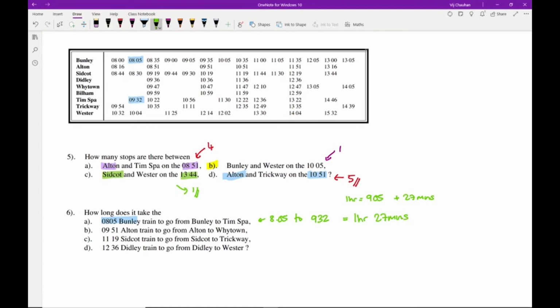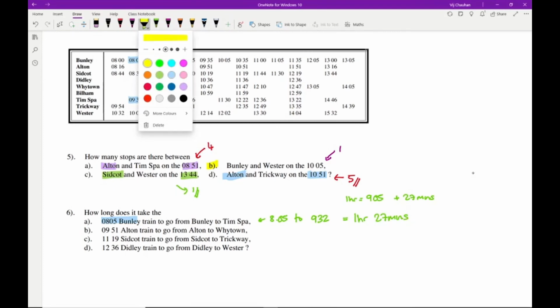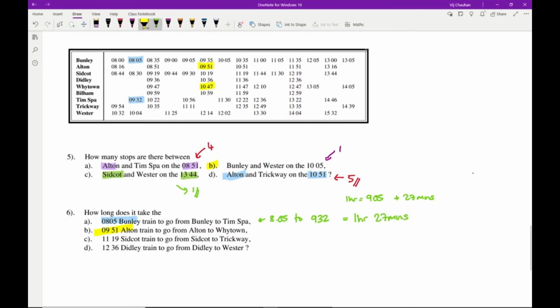For question B, so again let's use a different colour highlighter. Let's go for yellow. So here we're getting the 9:51 Alton train. So the 9:51 Alton train is this one here, and we want to find out what time it goes to Y-Town. So Y-Town is here, and again we're looking for the time difference between 9:51